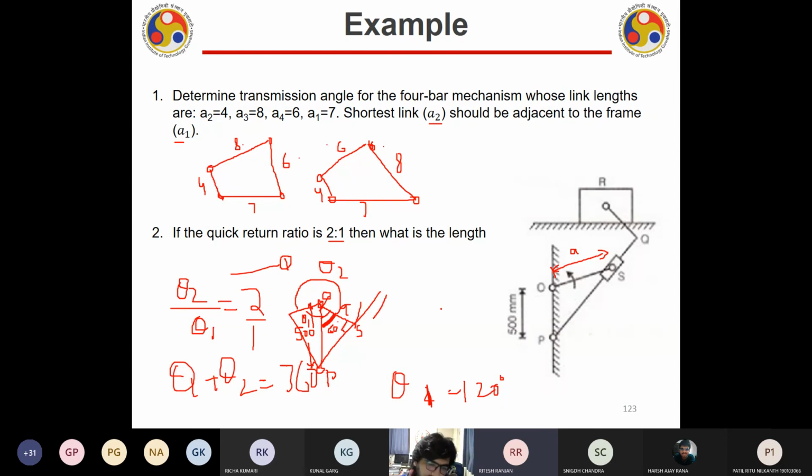Okay, so I know the base and I need to find this, so definitely I have to apply a cos theta. So A by 500 equals cos 60, which is 1 by 2, right? 250 is the answer. Harsh, what did you get? Yes sir, same answer, 250. So easy question, right? Done.